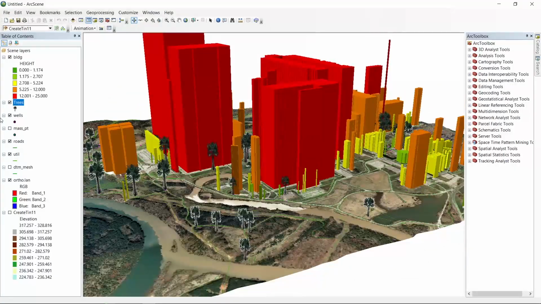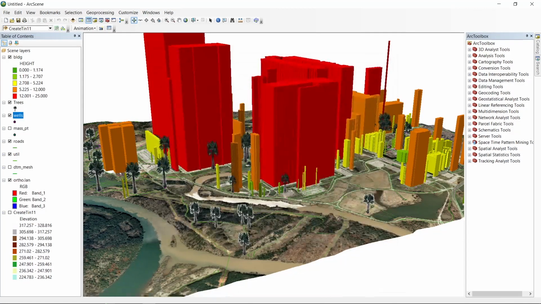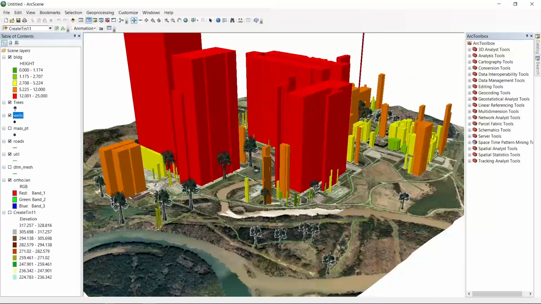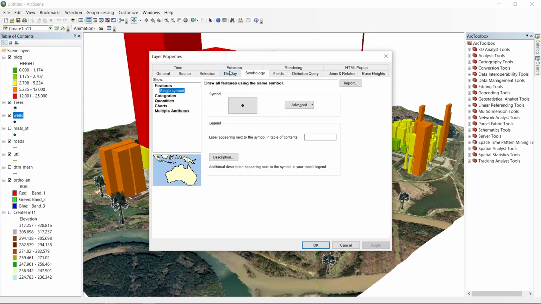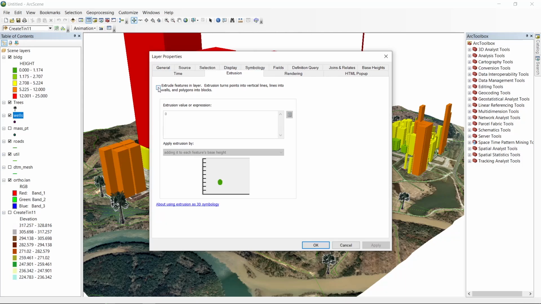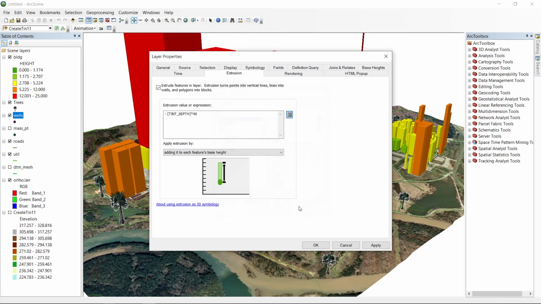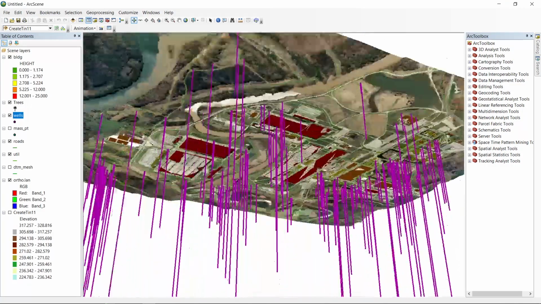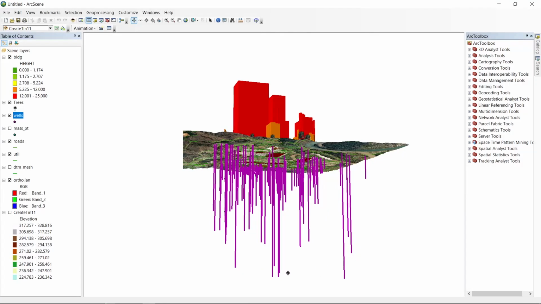So now we have wells left, right? For wells, I need to show the depth of the field, right? So what I'm going to do is go to properties, tick on this, and here I put a minus value. So TIN depth, and I want to give 40 as with the building height also, right? See, they get underneath, based on their depth.